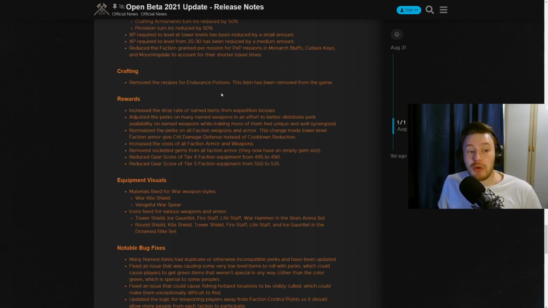We've also had a change to the rewards here, which has increased the drop rate of named items from expedition bosses, adjusted the perks of many named weapons in an effort to better distribute perk availability on named weapons while making more of them feel unique and well synergized, normalized the perks of all faction weapons and armor. This change made lower level faction armor give crit damage defense instead of a cooldown reduction, increased the cost of all faction armors and weapons, removed socketed gems from all faction armors, they now have an empty gem slot instead,